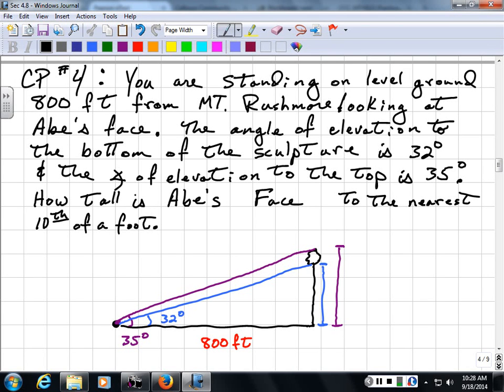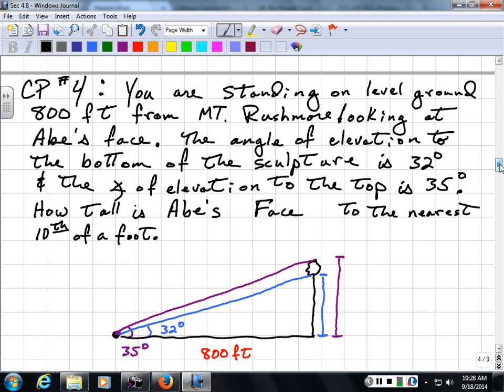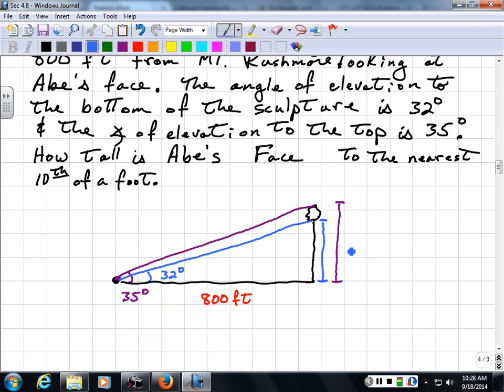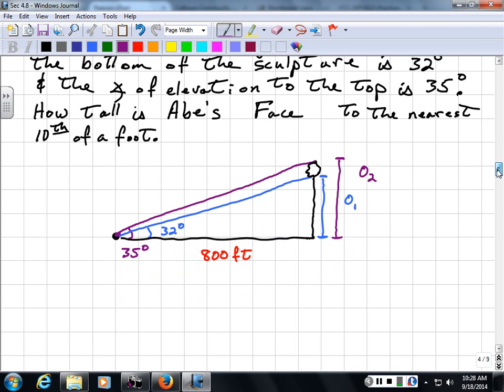I'm going to use tangent, and I note that I have two opposite sides. I've got an opposite sub 1, and I've got an opposite sub 2, right? The height of his face, AF, Abe's face, is going to be equal to the tangent of O sub 2 over 800